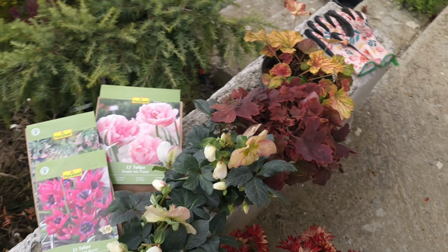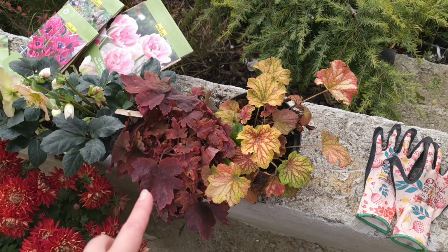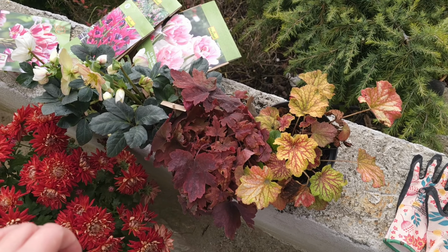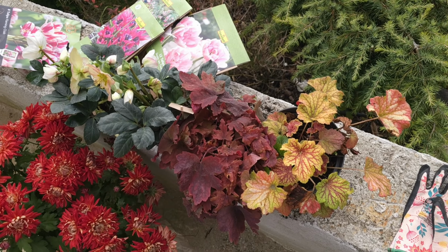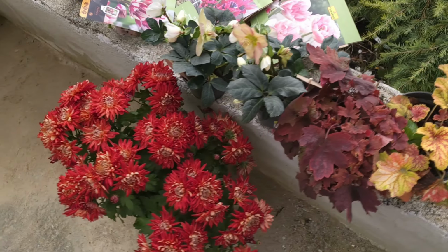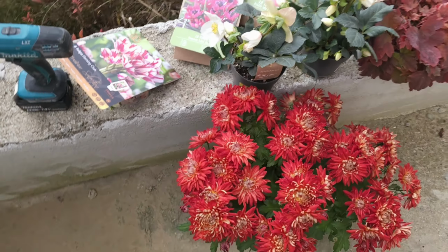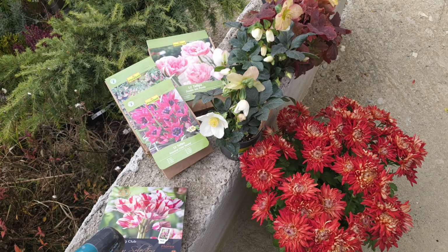Because this is a protected spot, I'm expecting the Heucheras to stay semi-evergreen for me. I have some heucheras in other spots in my garden, and depending on how beaten by the wind they are during the winter,